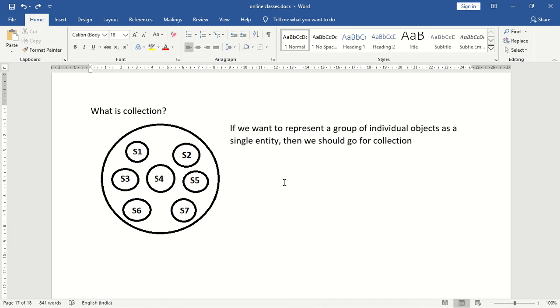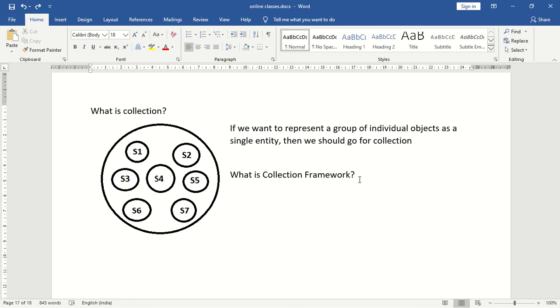Next, the terminology we need to learn is what is a collection framework. The collection framework consists of several classes and interfaces which can be used to represent a group of individual objects as a single entity.